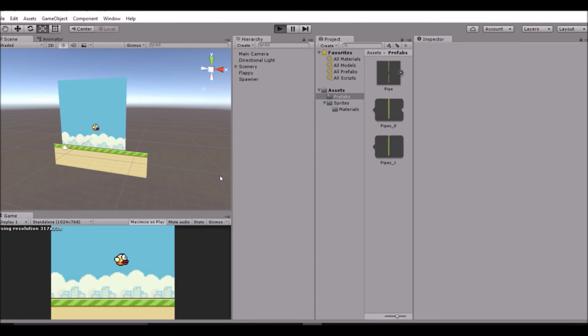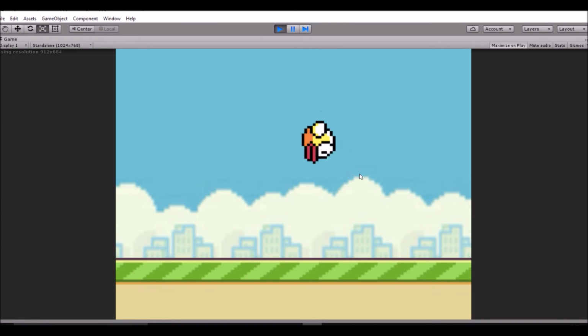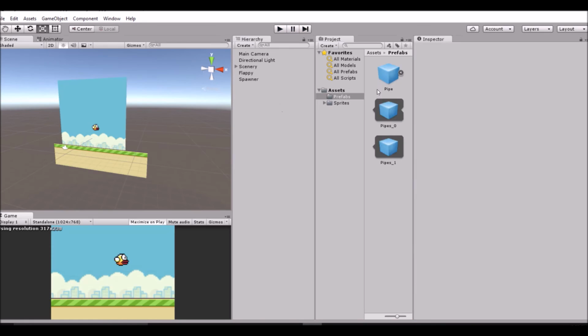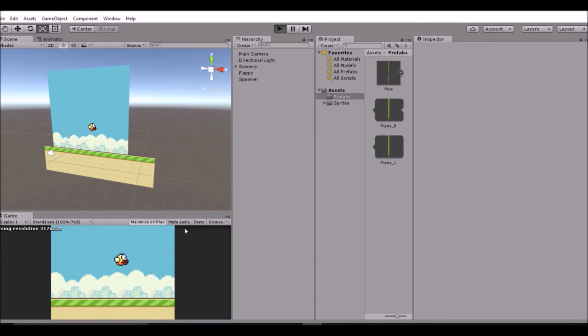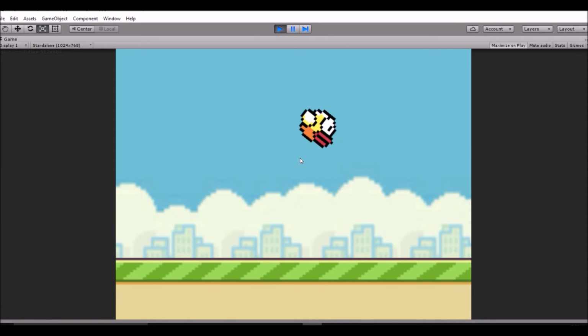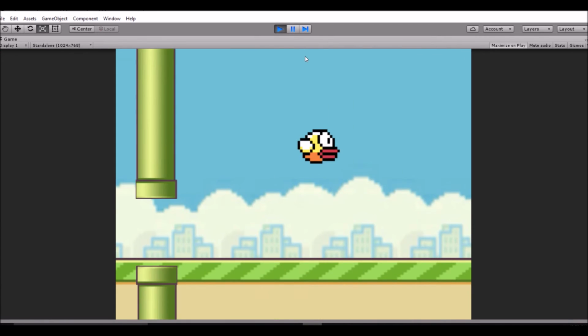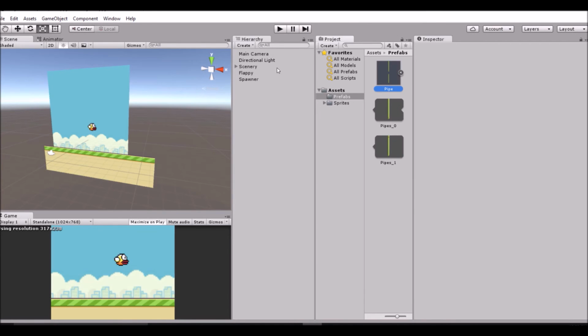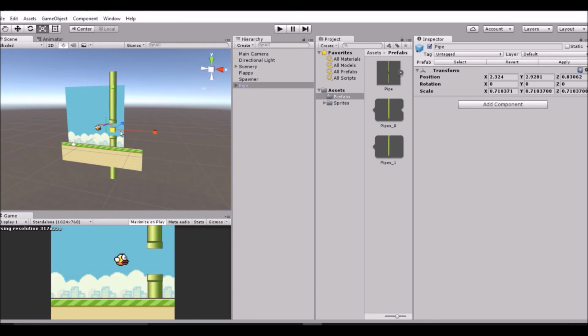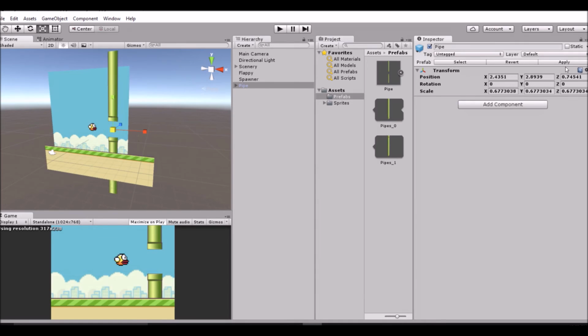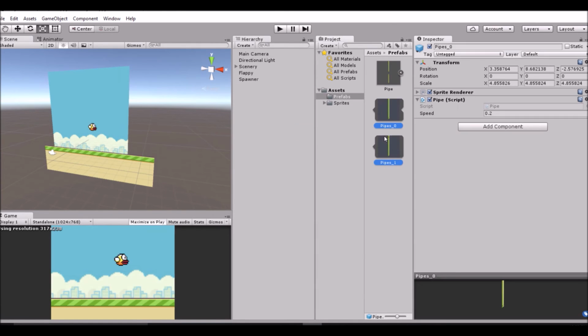Let me maximize this just so I can see what's going on here. Definitely a little bit big for my liking there. Let's just scale it down again. Okay. Still a little bit big. Let's scale it up one more time. Sorry, scale it down one more time. Actually, that'll work. And we'll also change the speed just because I want it to be a little bit slower,